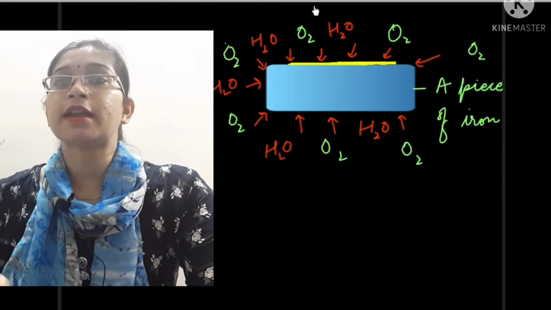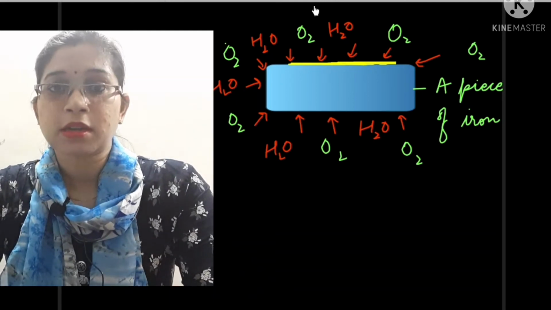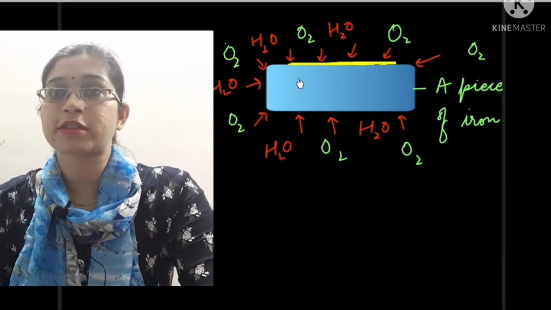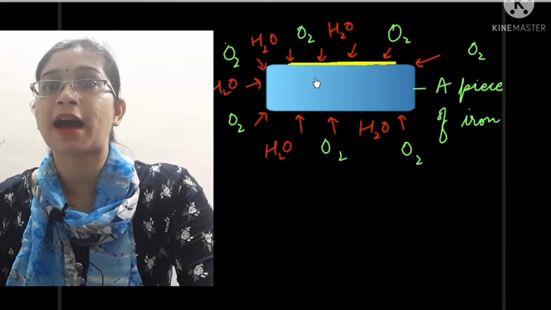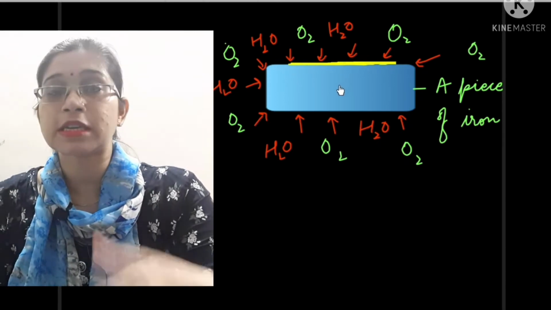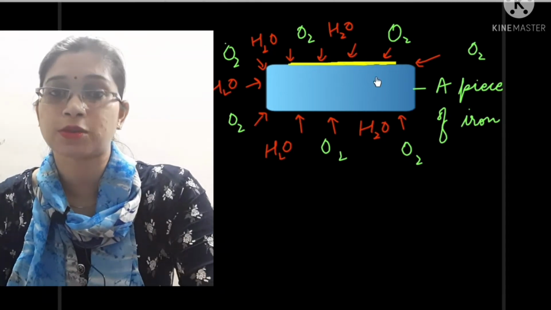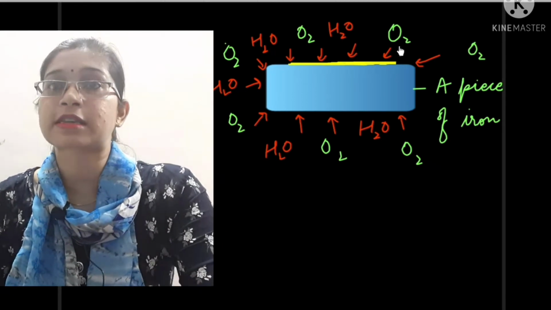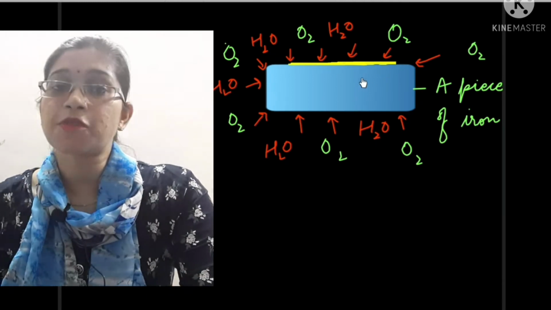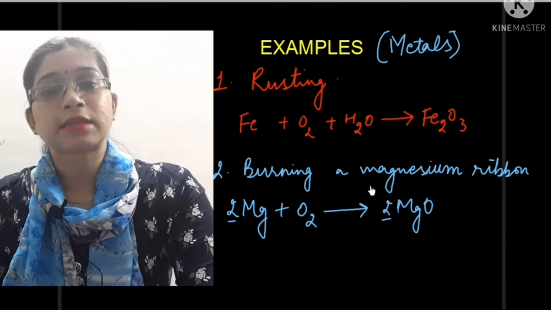So whenever an iron object gets oxygen and a humid environment, an iron oxide layer is formed on its surface. For example, in this diagram you can see this blue bar shows the iron object and there is a formation of yellow color. Here I have shown yellow color, but in reality the iron oxide color is reddish brown. From all the sides it is getting oxygen and water, water meaning moisture present in the air. So in the presence of oxygen and water, iron oxide layer is formed, which is known as rusting process.